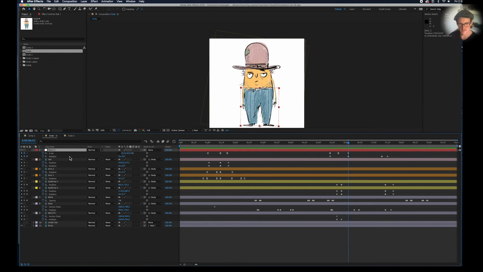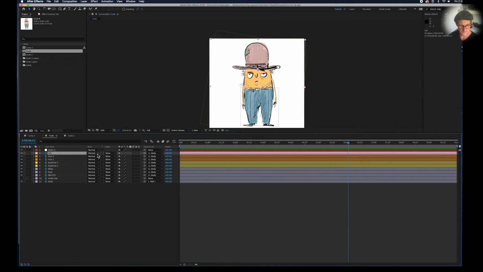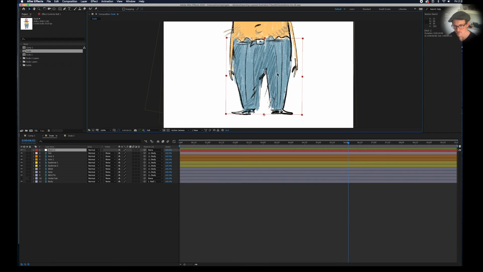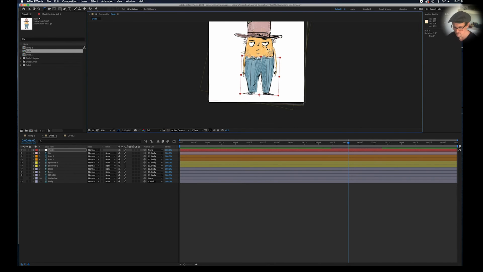null. So the null, everything is parented either directly or indirectly to this null. So the hat is parented to the body, the arm, the eyebrow, they're all parented to the body, and the body is parented to the null. So when I move that null, and I've got the anchor point for the null right down there at the bottom, so when I rotate that null, I sort of rotate the whole body from that sort of feet anchor